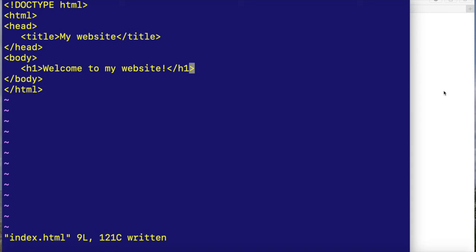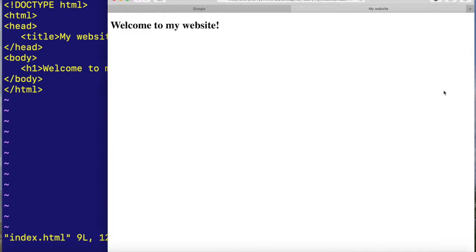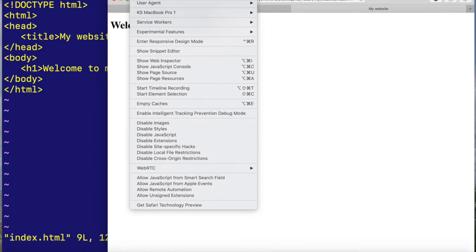So now, when you're in your browser over here, this is why I like to look at Safari. And I'm sure there's the equivalent in the other browsers. But notice I have this develop tab. If you go into your preferences, you can turn that tab on. And it gives me all this really cool stuff. So one of the things I think is really useful in this